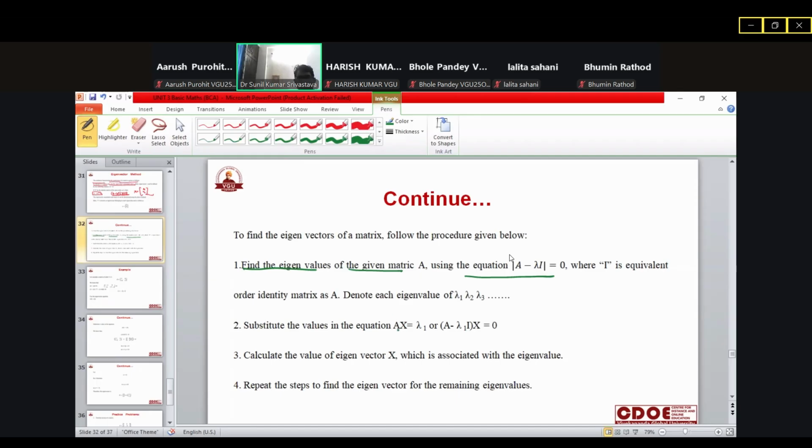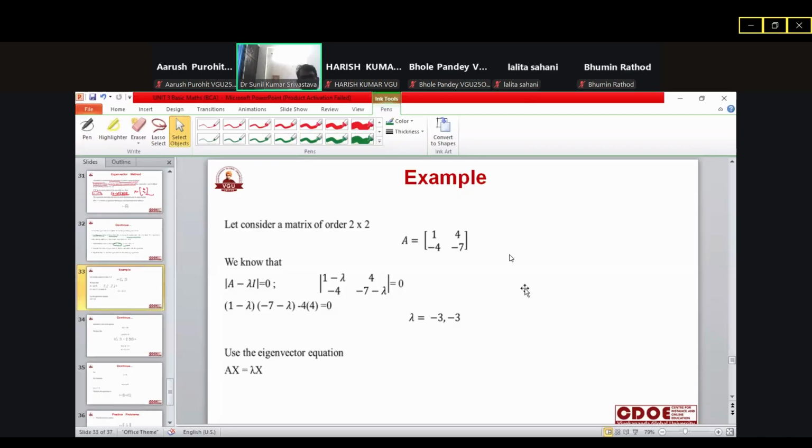Substitute the value of lambda for this matrix equation and find its non-zero solution, one non-zero solution of that one. Simple topic, non-zero solution of that. Let's see how to calculate it once. We have a matrix A, a 2 by 2 matrix, so first of all, what do we need to find,